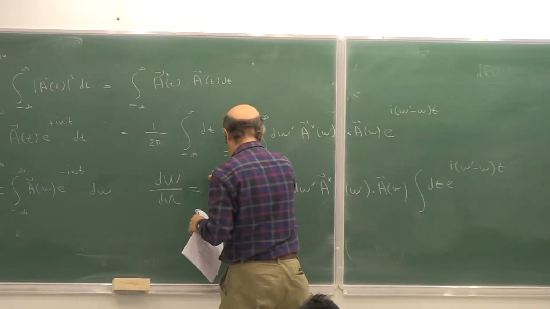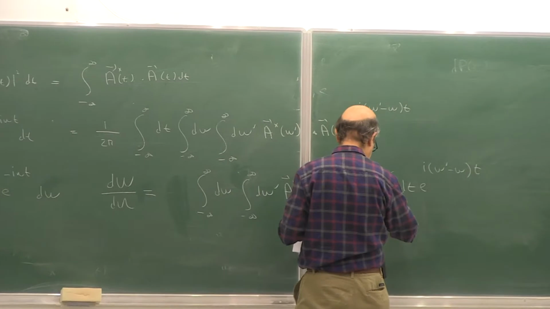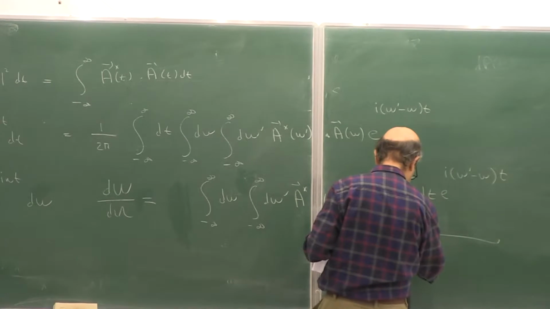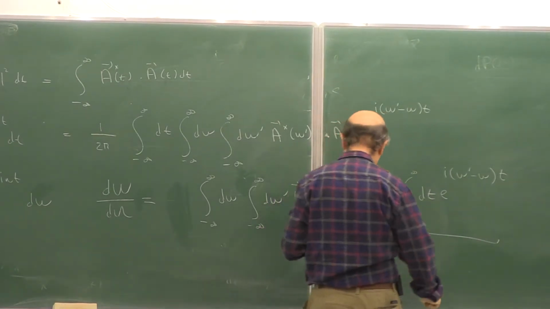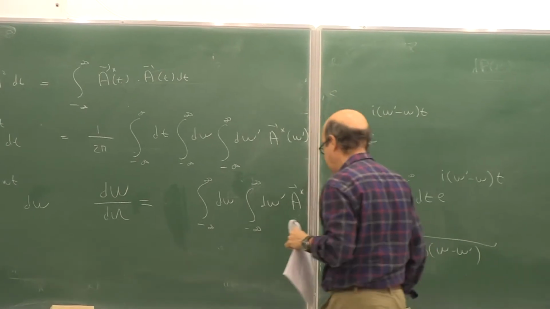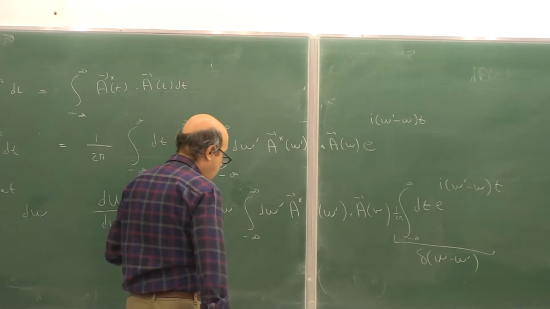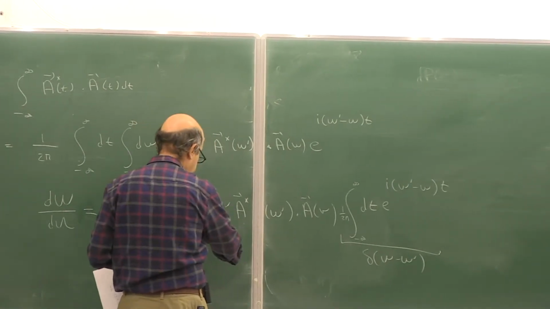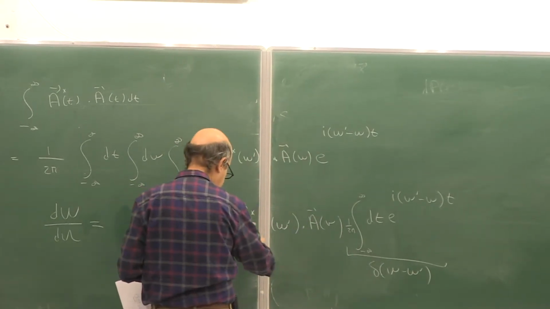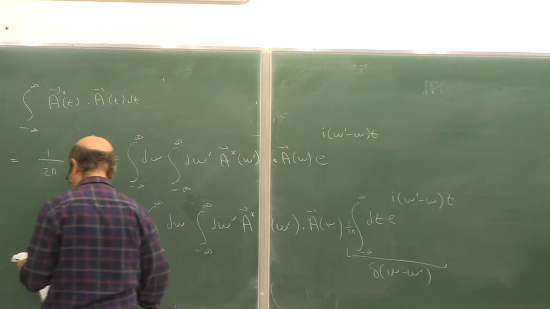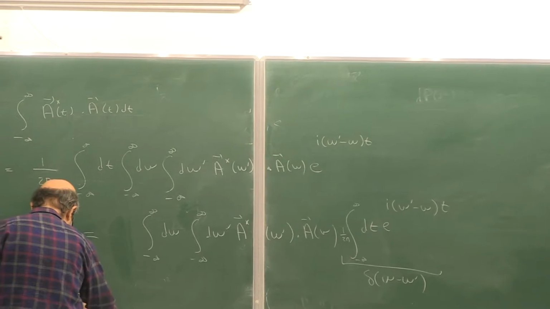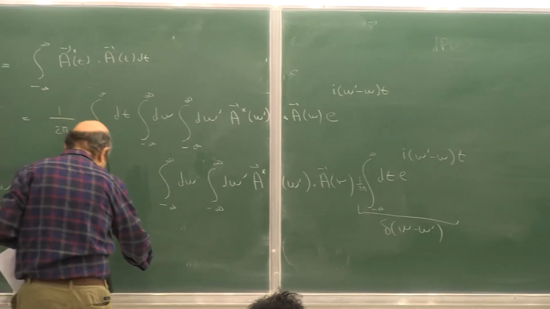So if you plug this 1 over 2 pi here, this is all together integrated over all time intervals. This is nothing but the definition of the canonical delta function, delta of omega minus omega prime. Then if you take the integral over d omega prime, instead of omega prime you will plug in omega, and you will obtain the very nice definition that tells you the power emitted per solid angle evaluated in the time domain